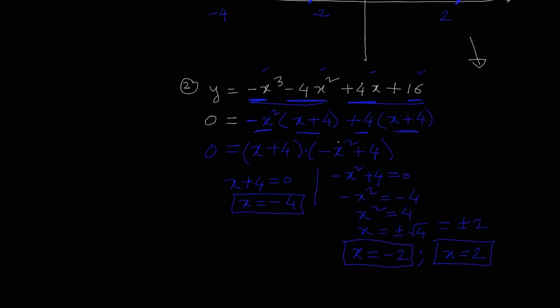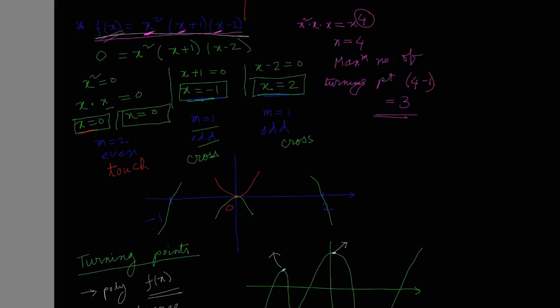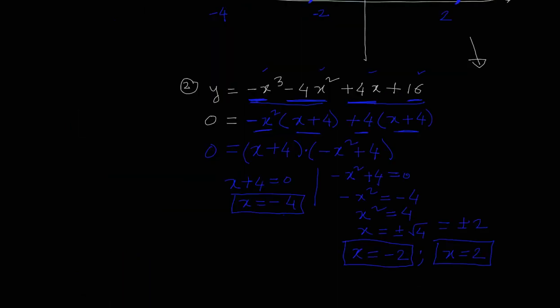Now I'm going to look at multiplicity. I just want to remind you guys from the previous lecture, if multiplicity is even, then the function is going to touch. If multiplicity is odd, the function is going to cross. Okay, so I hope you remember that. So now let's see for this particular function, how many times did I get x equal to negative 4? I got one time. So my multiplicity is 1 for